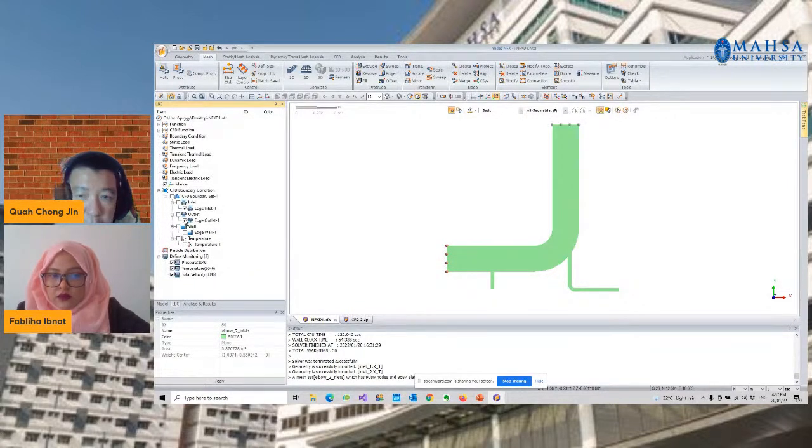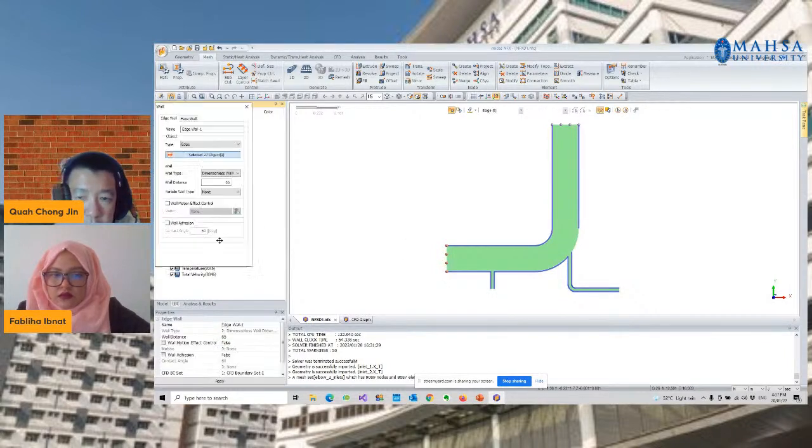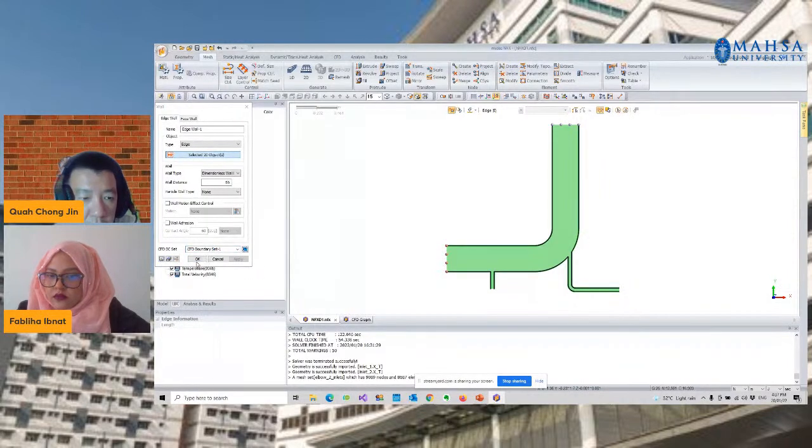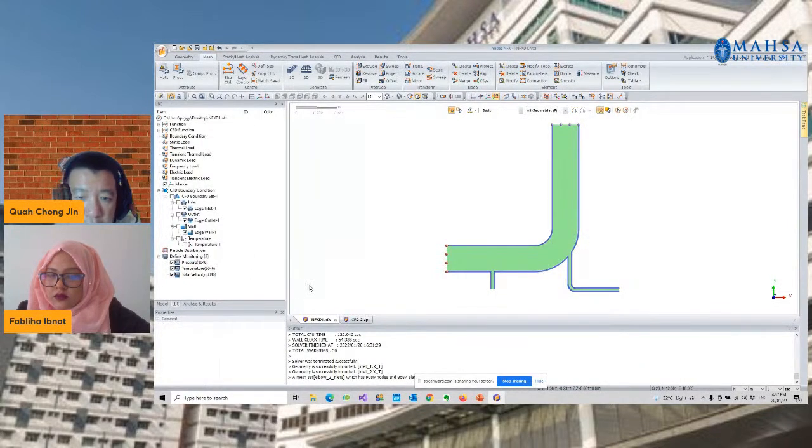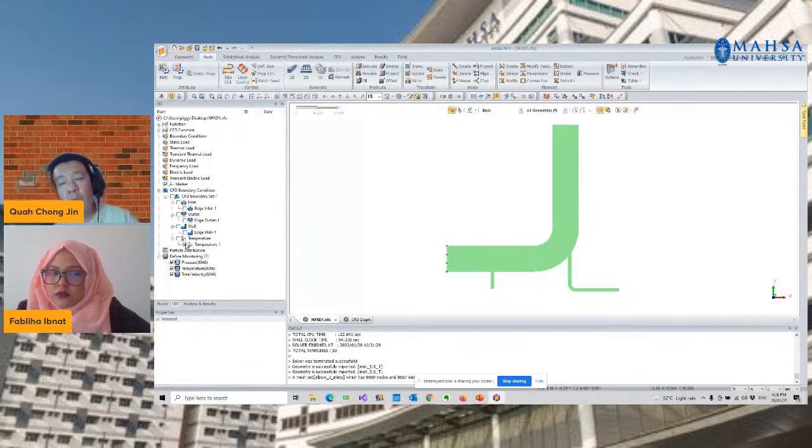Yes, and we have the outlet. We have the wall, so we are missing one. We'll be adding that in. And we also have the temperature at the inlet. So we're going to have two extra inlets in this case.